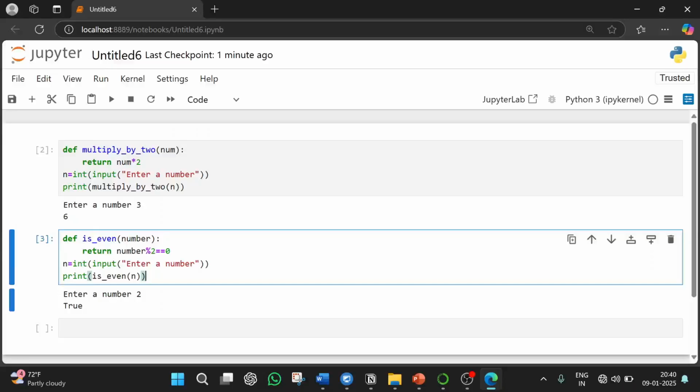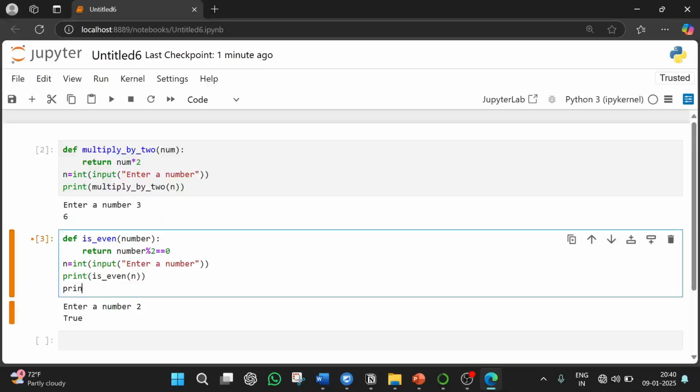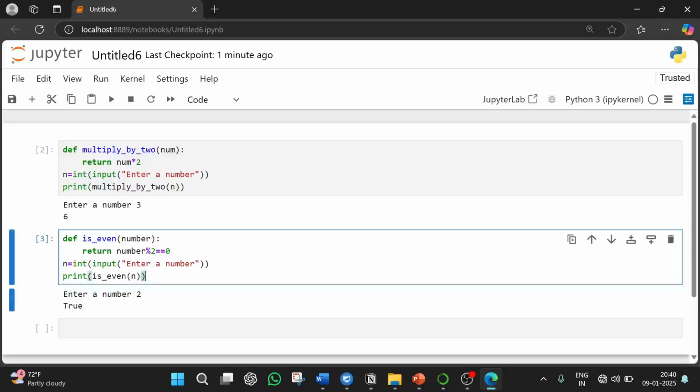So instead of getting true, we will do one more thing, that is printing. It will only give true or false. So what we will do is we will remove this print,